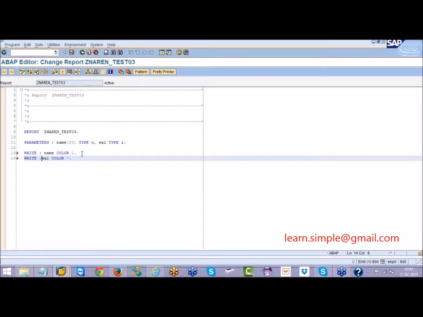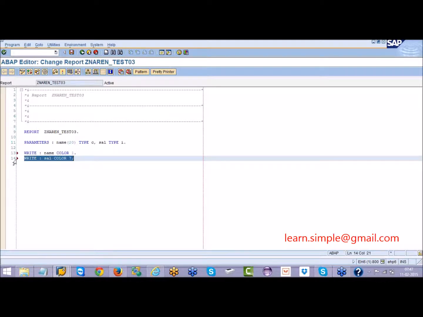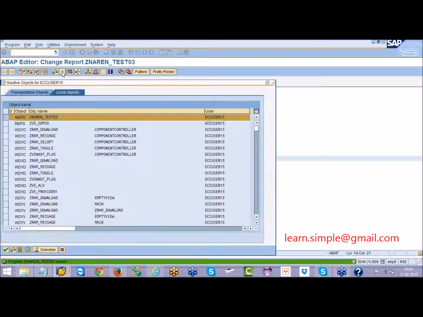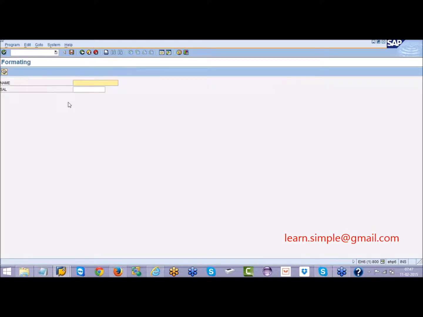If I give 2 write statements, whether it is going to print in 2 different lines or a single line. See line number 13, I am printing name. Line number 14, I am printing salary. Then whether it will print in 2 different lines or in the same line, let us see.